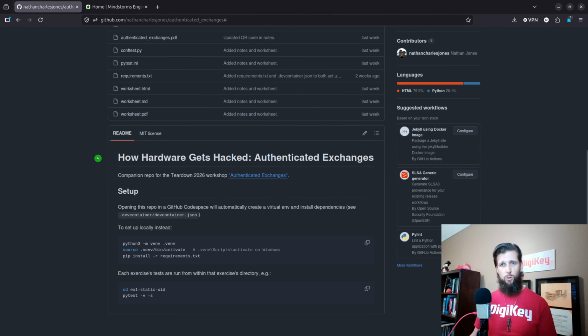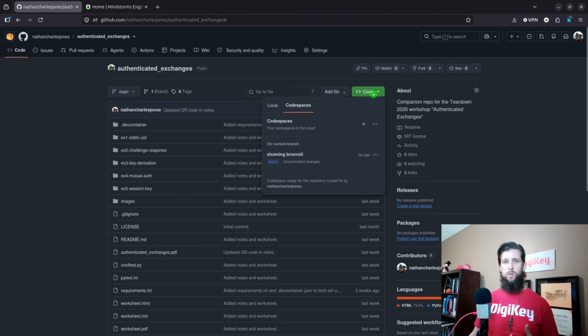First, you could download or clone the repository and then start a Python virtual environment and install the two libraries that we need to run the example code. So you can do all this locally. Or you could go up to the code button here and open a GitHub Codespaces. That will open up an in-browser environment for you to run all the exercises in. And as long as you've got a strong internet connection, then you can jump right into running the exercises in